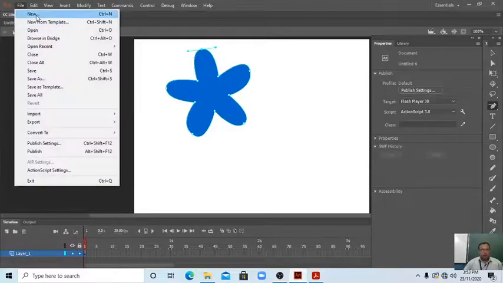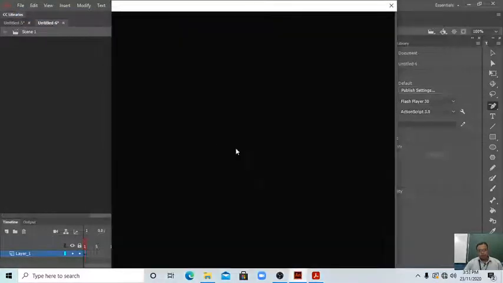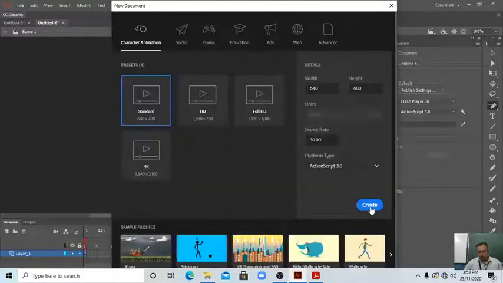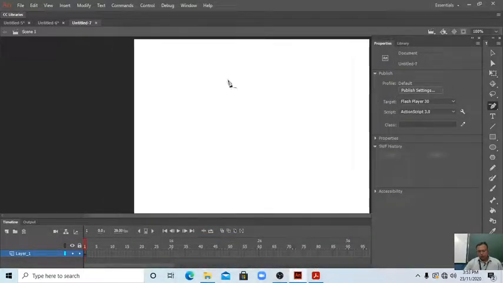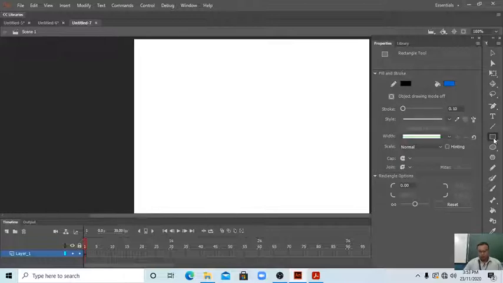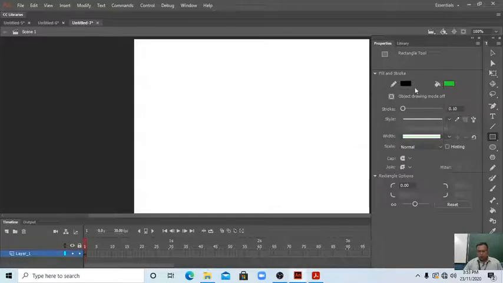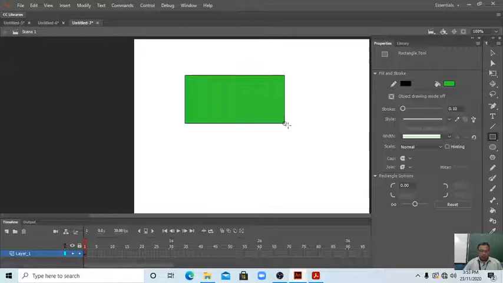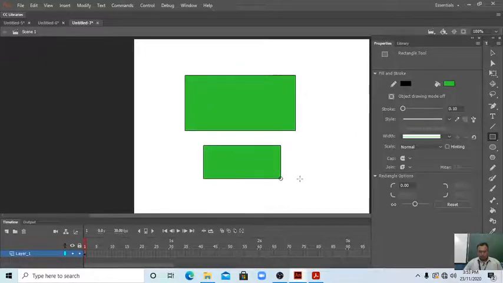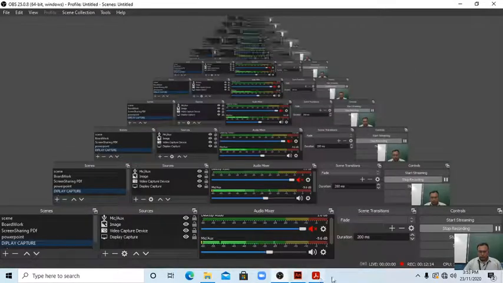This is File and New options, Create option. Coloring option. Suppose we want to draw this rectangle. Okay, the rectangle tool. This is the paint bucket tool. What do we have to do? Any color we choose. This is already black. We can choose any other color. And when we draw it, it is already filled. So these things are the same.